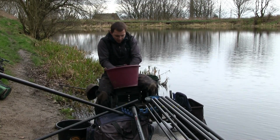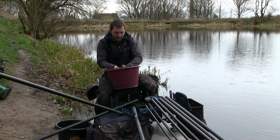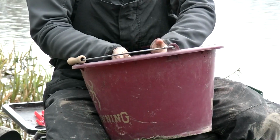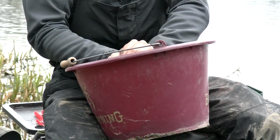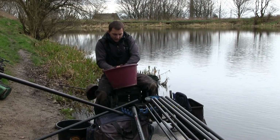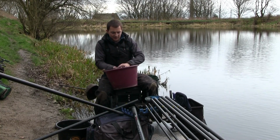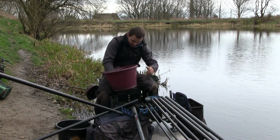Again, as always, making the balls of ground bait decent size so they fit just snugly in the pole cup. I keep repeating this when we're on deep venues, just to make sure they don't spin off in all directions when you cup them in. So I'm going to feed a couple of balls of ground bait like that, as you can see, laced with casters on that short line. So I'll get the second made up,